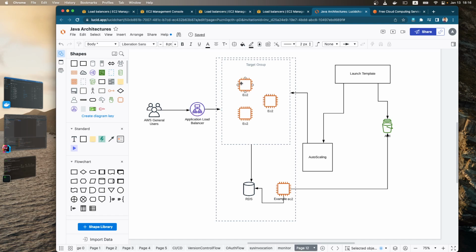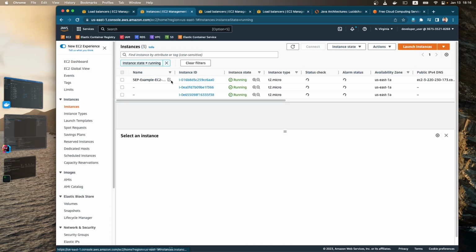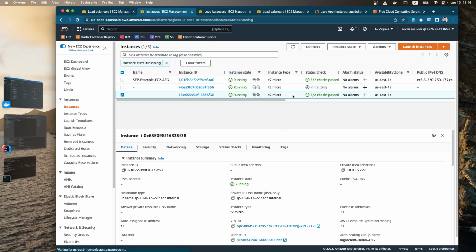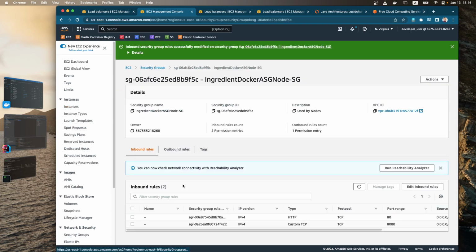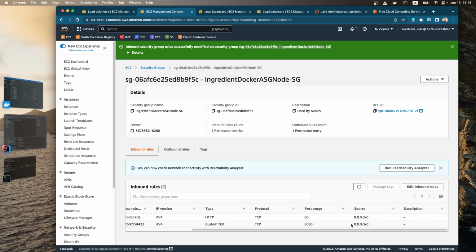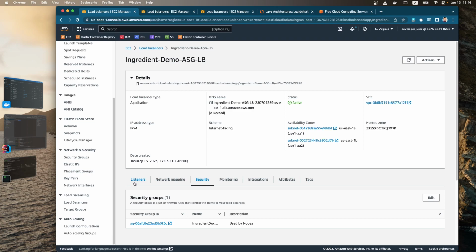But if you remember, we use the same security group for both the EC2 instance and the load balancer. So in this case, the EC2 instance also available on the port 80 and 8080. So if we can double check the EC2 instance, there must be one. So anyway, this one is the new one. This is the new old one. But the security tab, and we are using the same security group. You can see we just added here. And then now we go back to the listener,